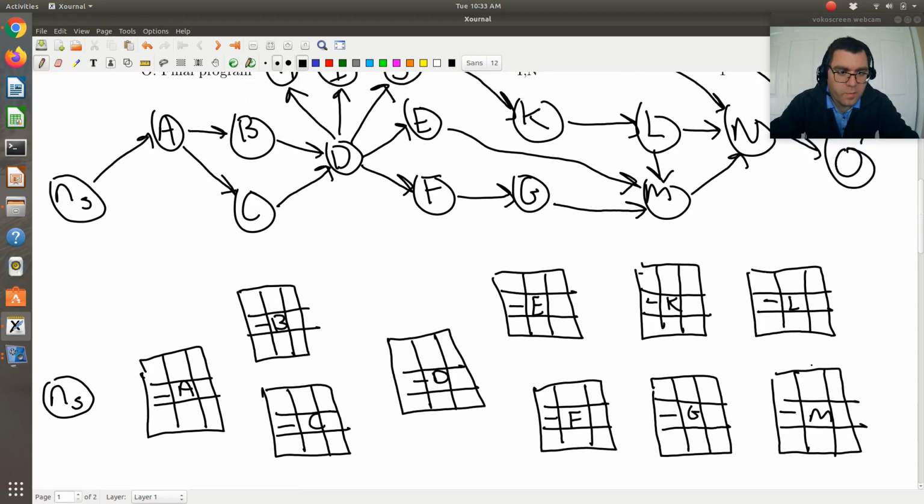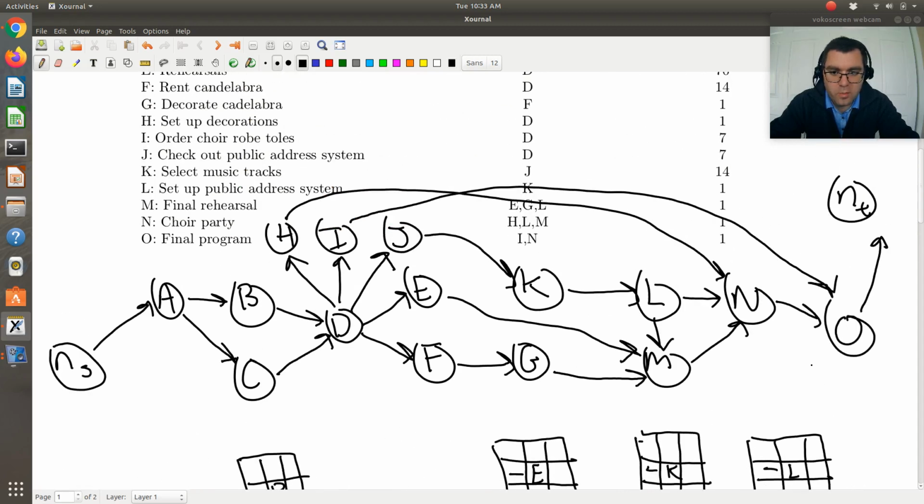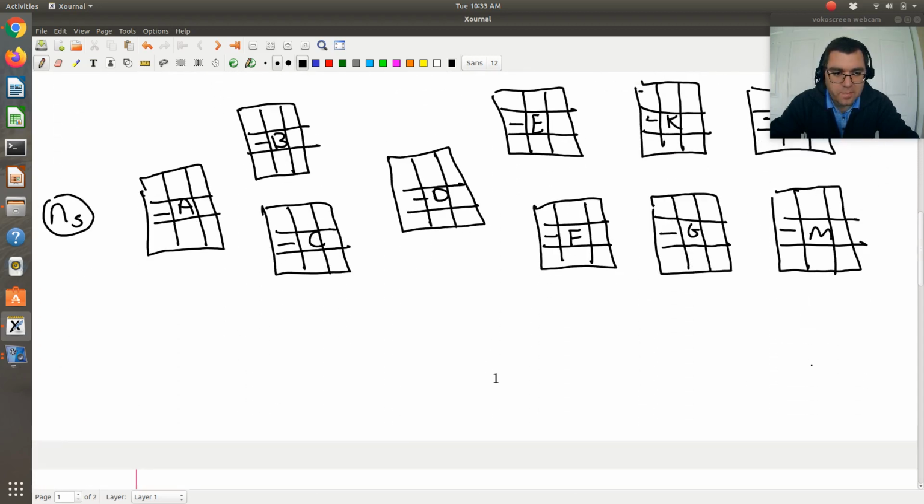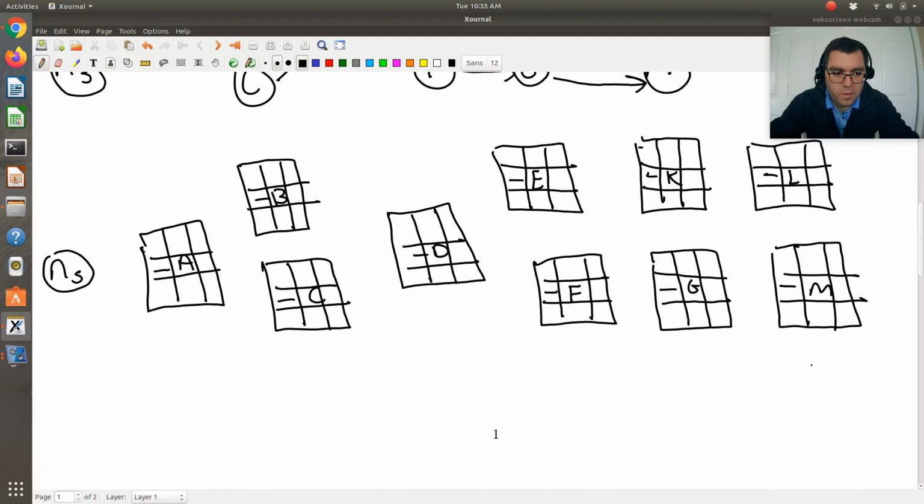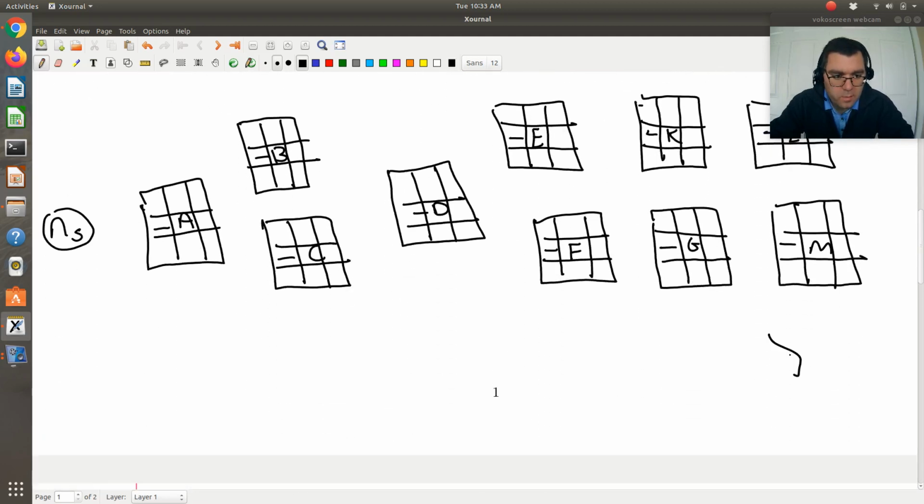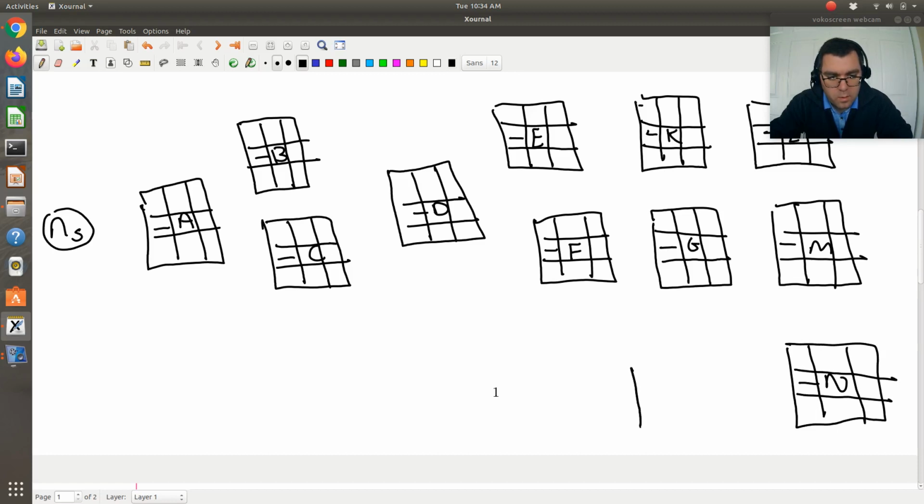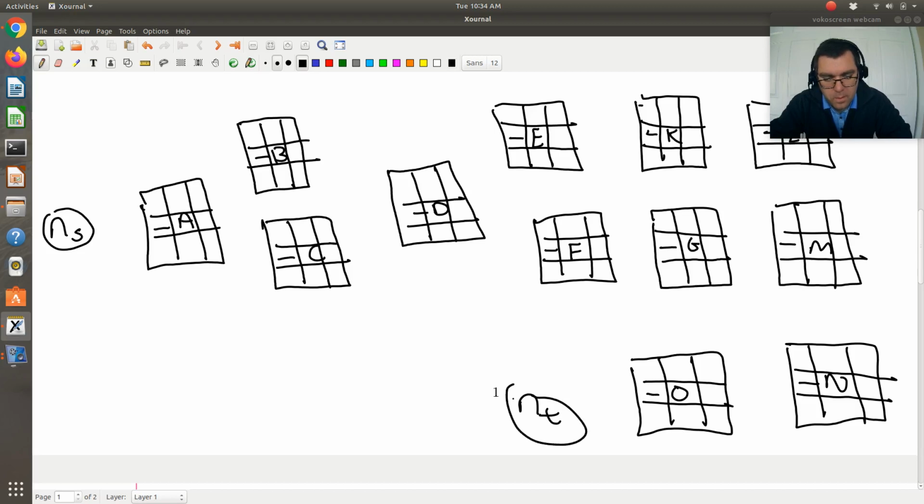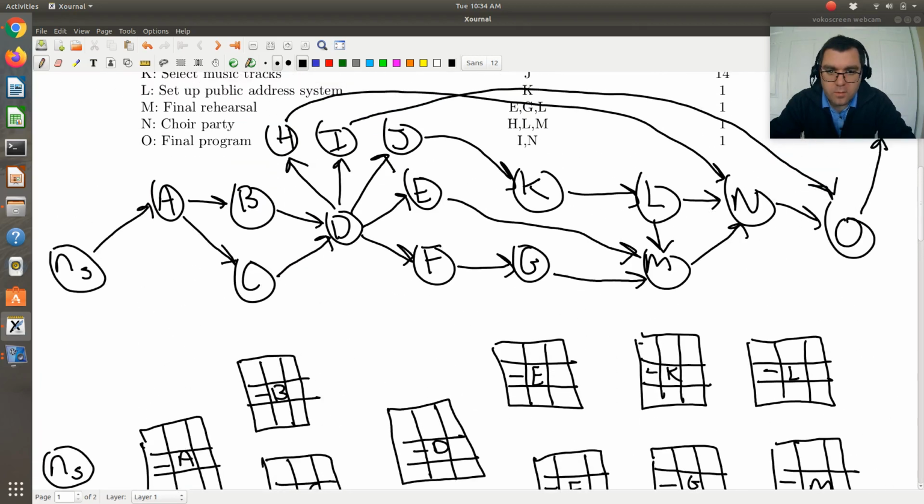Okay, so I'm running out of space. I'm going to do N and O, my terminal, and then I still need I, J, K. So I'm going to draw N over here. N. I'll draw O over here. Then we'll have our terminal node. Okay. And there's just too much. I need